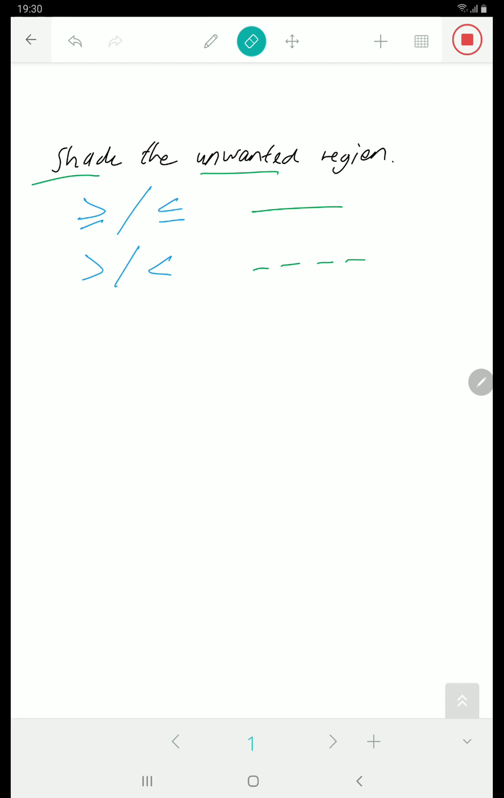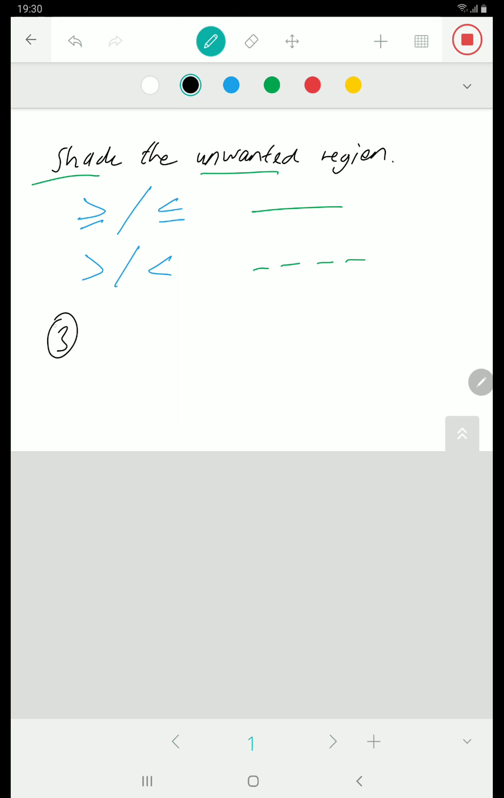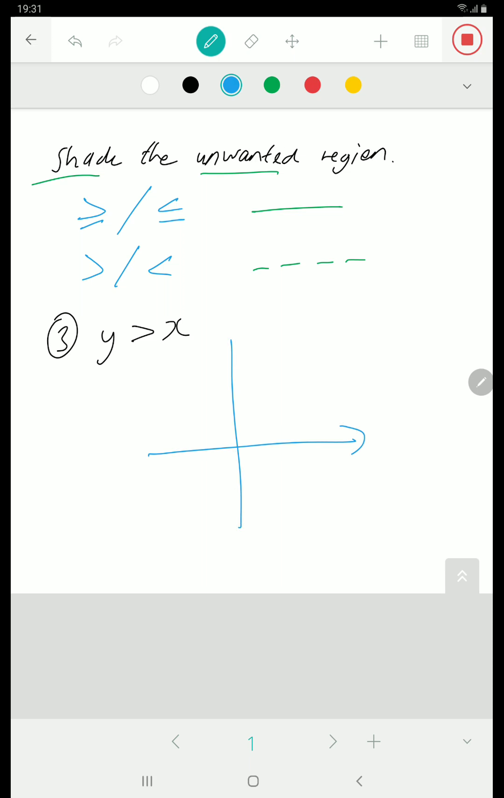What about if they say shade the unwanted region for y bigger than x? Okay, so y bigger than x, we know it should be a dotted line, right? Alright, so I think common sense, you know, x-axis, y-axis, y bigger than x, so you draw a line y equal x. Y equal x will be a line with positive gradient between x-axis and y-axis. So what should I do now? I should draw a line in between by using ruler, of course, not freehand. Okay,